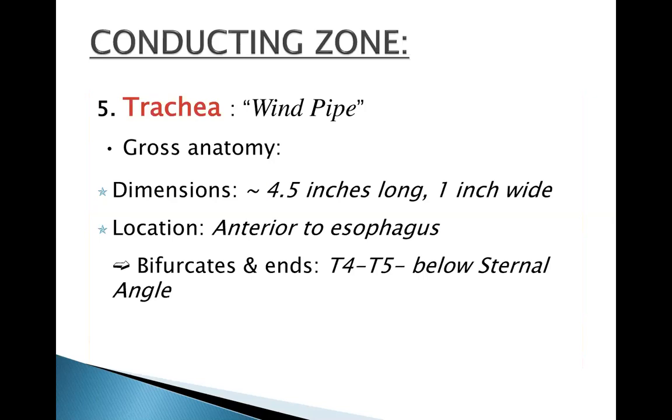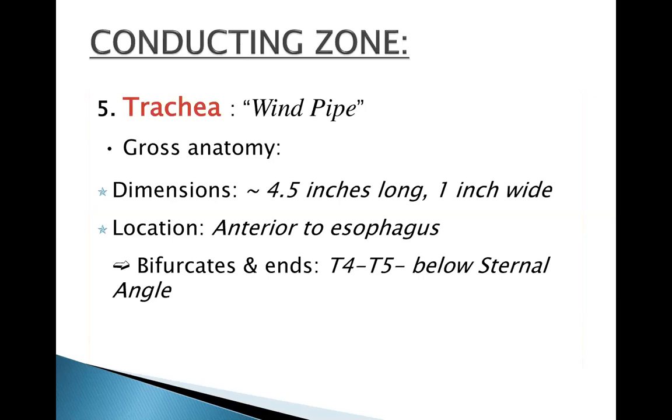We want to make sure that air moves in with the least amount of resistance. And so we need to make sure that those pathways are always open and that they don't have to be opened in order for air to be moved in and out of our bodies. So the trachea is held open with C-shaped cartilaginous rings that essentially sits anterior to the esophagus and runs from